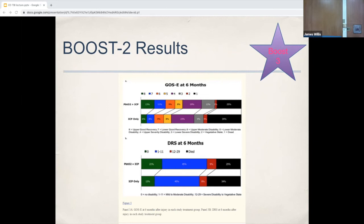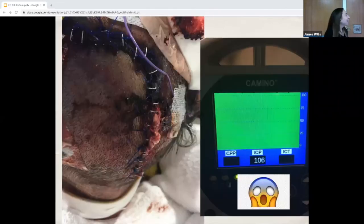So hopefully we'll know in the next couple of years, and hopefully we'll be able to enroll some patients in BOOST 3 as well, and be able to be part of this study. We'll see if it actually works. All right, so